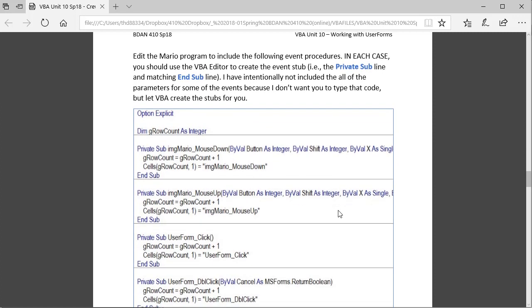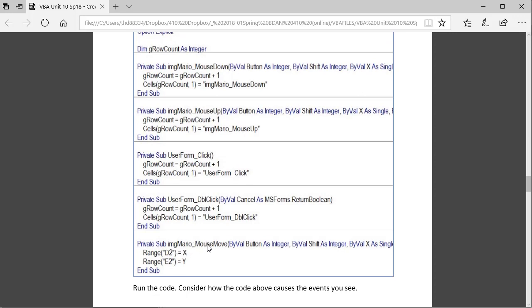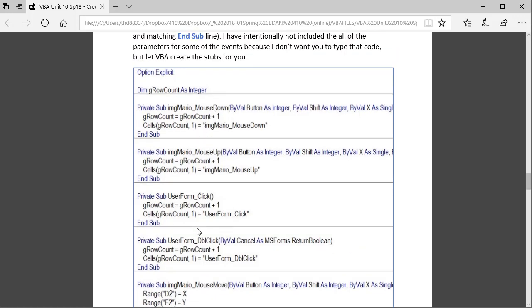So what I want to show you on this next page is: edit the Mario code to do the following. Image Mario, mouse down. Image Mario, mouse up. User form, click. User form, double click. Image Mario, mouse move. For each of those routines, you're just writing a very small amount of code. You already have the image Mario mouse move; that's the code we've already written. So really, I just want you to add these four more routines, and also add this variable